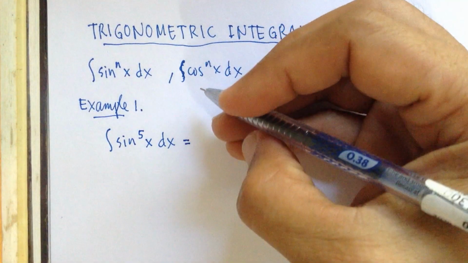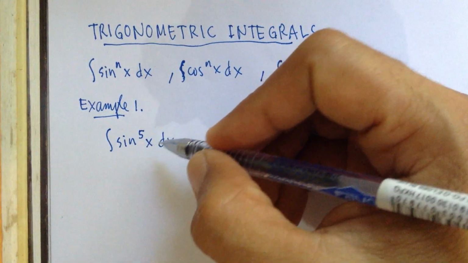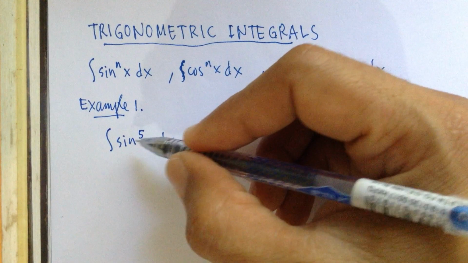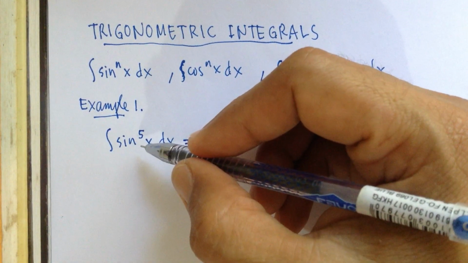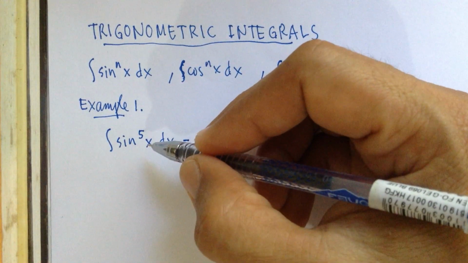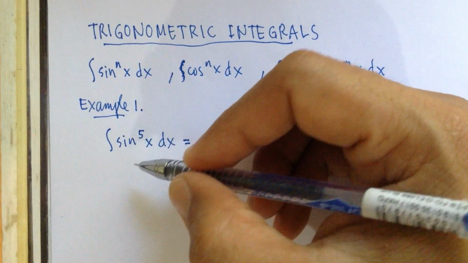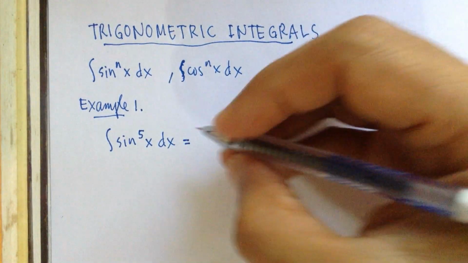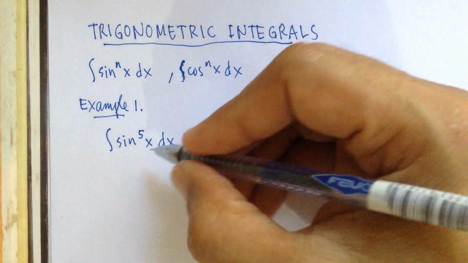The same thing can be said about cosine. So we'll just consider the example where we have sine, but you can use this also as a pattern if you have the integral of cosine raised to an odd exponent. Okay, whenever you have this form,